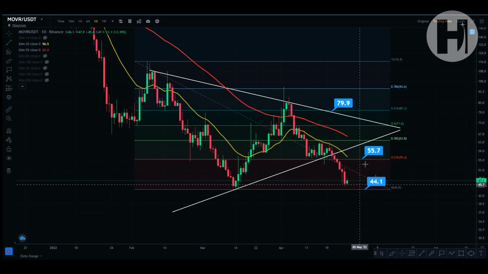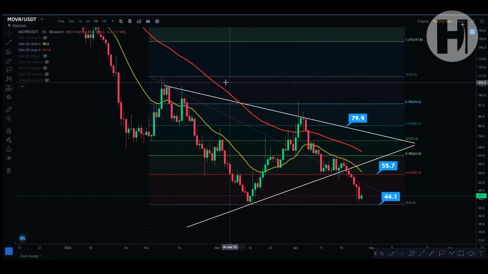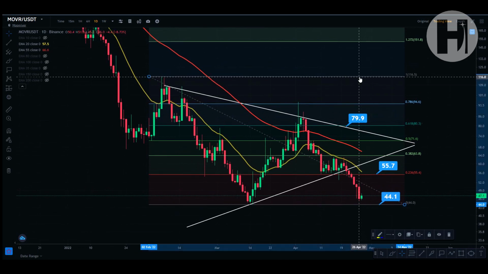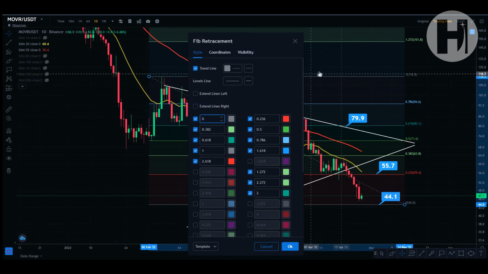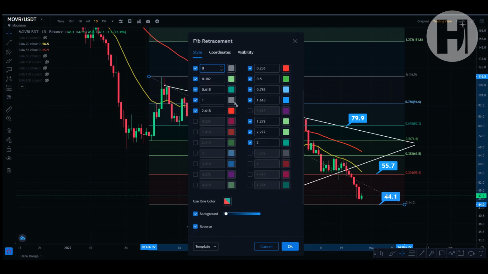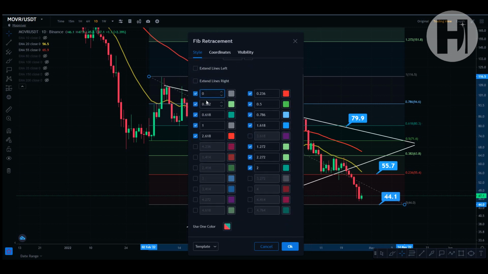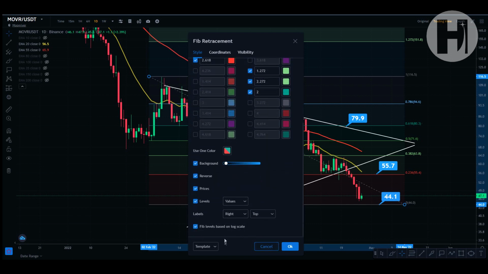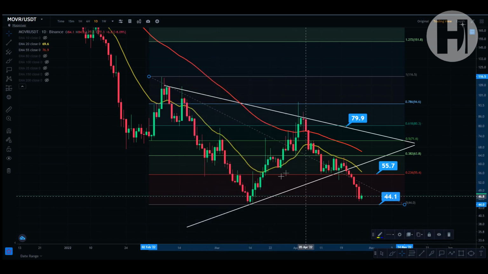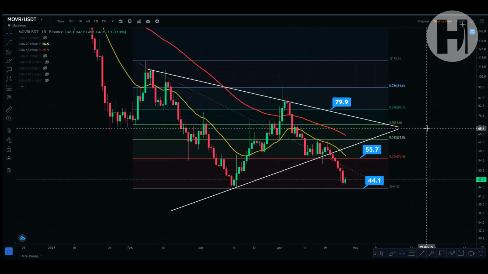Almost 20%. That's an almost 20% trade for you if you're looking to swing trade or if you're looking for a quick little flip. But yeah, just take a look at this Fibonacci retracement. Set it up for yourselves. Let me just show you my settings for my Fib retracement. You can just double click any Fib level and this will pop up the settings menu. Basically, you can just pause the video and look through my settings over here. This is how I set up my Fib. Obviously, it's set to log scale. So yeah, this is what I'm looking at on the daily chart over here.